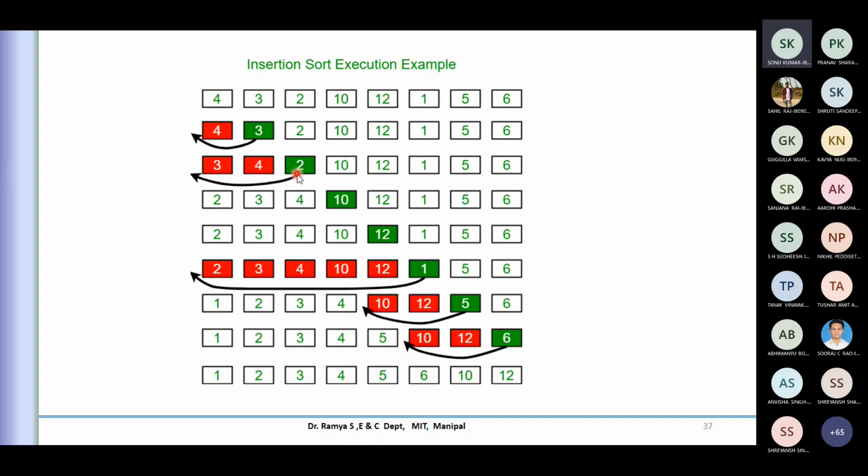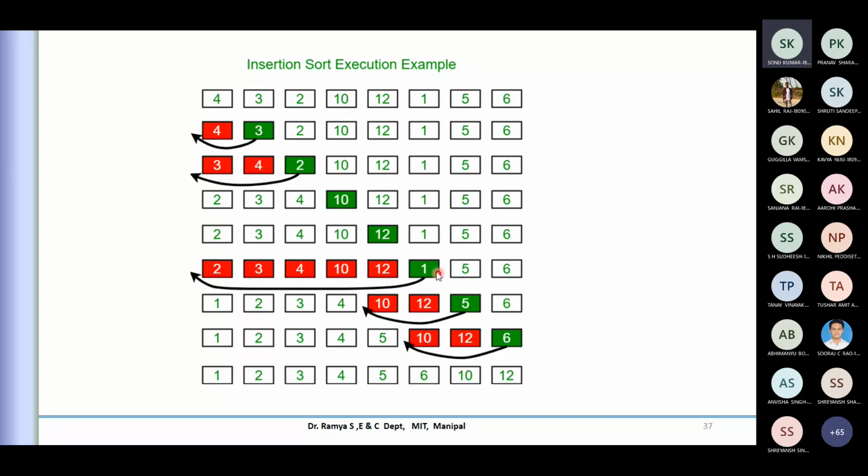In this case we are comparing the previous elements, making sure this happens to be the smallest among these three values, as in the for loop. Accordingly you are inserting this, making room for a new element and shifting the higher values. For the next element here, 10, we don't require swapping, so it will not make any changes here. Same thing for this.